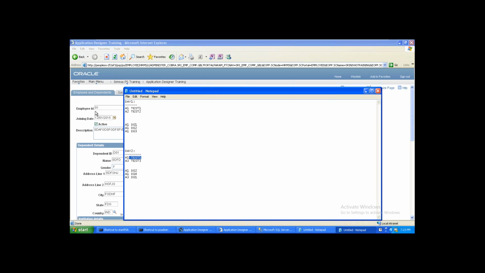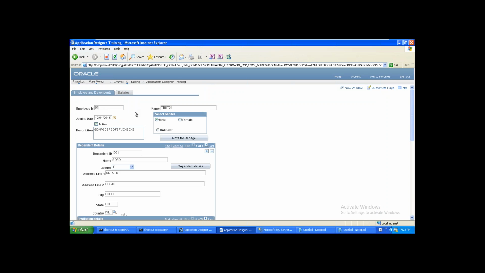Once we identify that A1 already exists, what is the meaning? Some updates came for this employee. Then we will open the employee like this. Okay, fine. Let us say the description got changed, we updated it. Next,